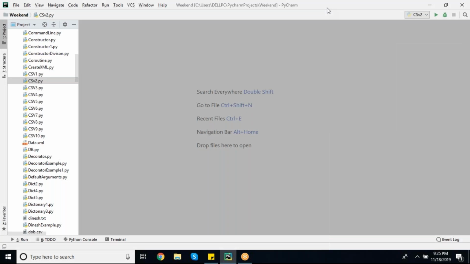Among these two ways, underscore thread will not be preferred because it will not have proper life cycle methods. It won't allow multiple threads to come into picture for performing operations. That's why underscore thread is not preferred. So first let me show you underscore thread, what the problem is, then we will go for threading concepts.